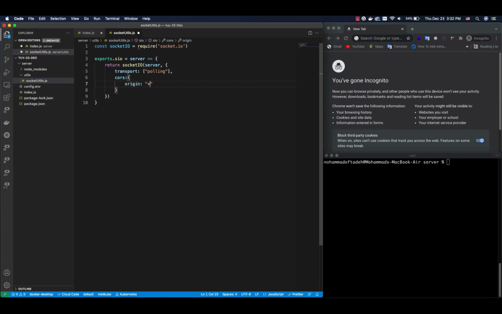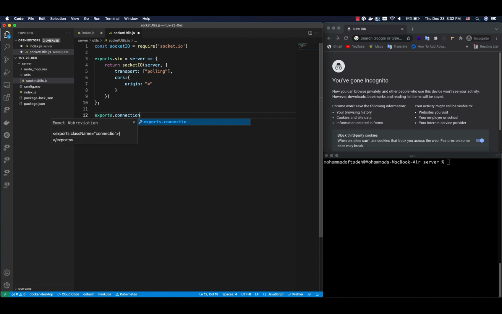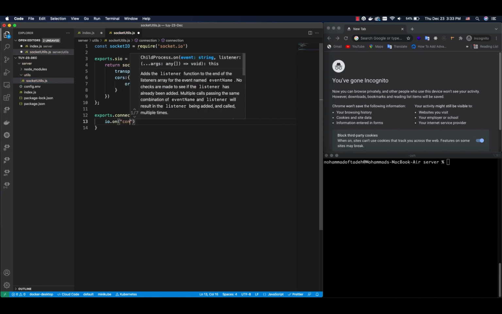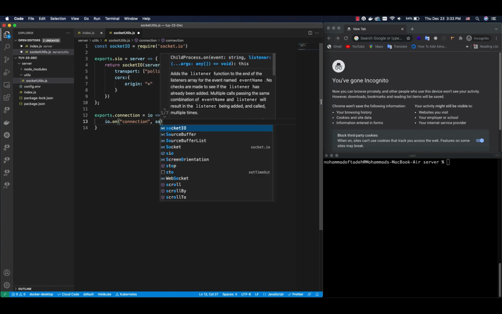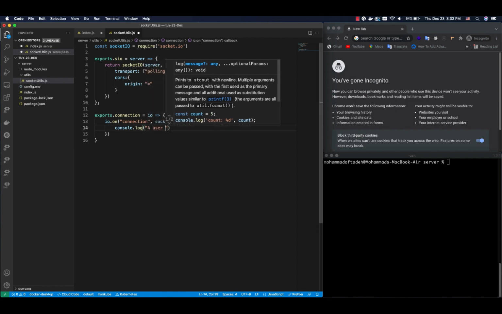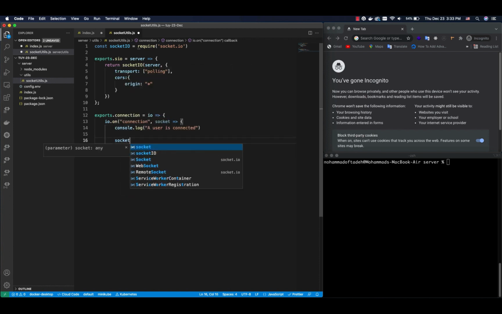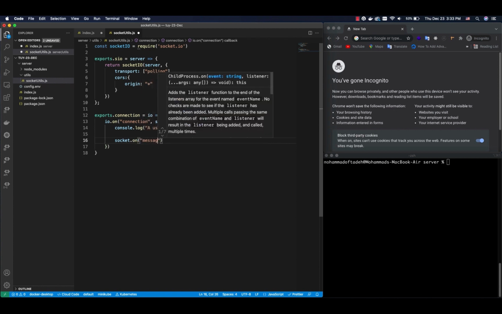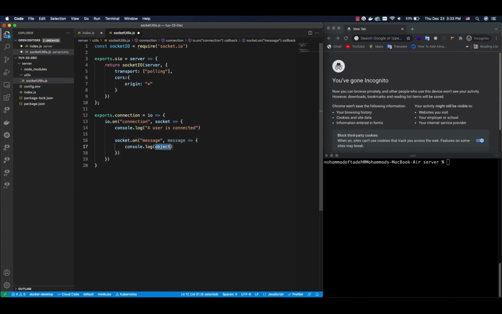Okay, and exports.connection, pass the io instance of socket.io, io.on connection event, and get the socket parameter and log console.log a user is connected, and then add a new event socket.on message and log the message, get the message parameter and log the console